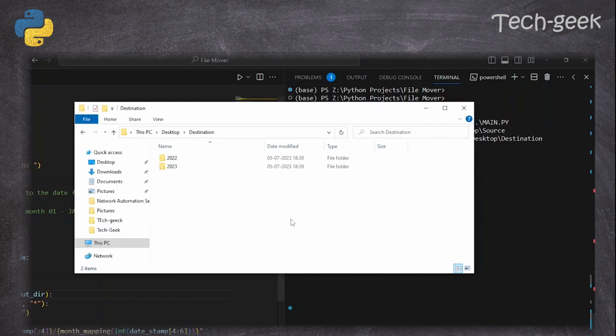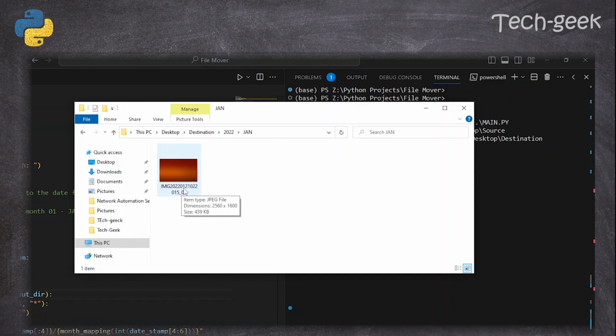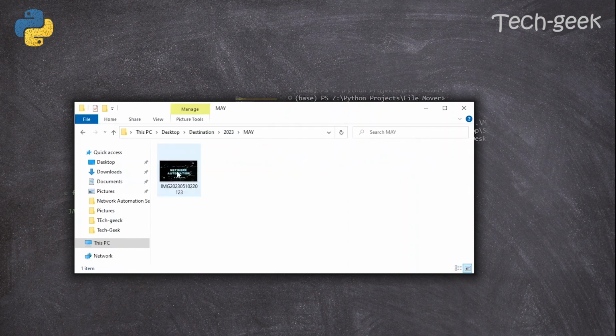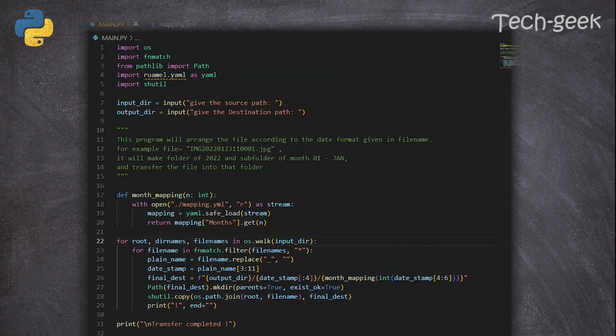Now if we see our destination folder, we have the new folders with the name of year, right? If I go to 2022, we also have Jan, and in that we have an image, 01 means it's Jan, and in 23 we have 2 folders, June and May. Likewise, so it worked, right? And believe me, this is really helpful when you have around 1000 or 2000 images to segregate. It will do it in